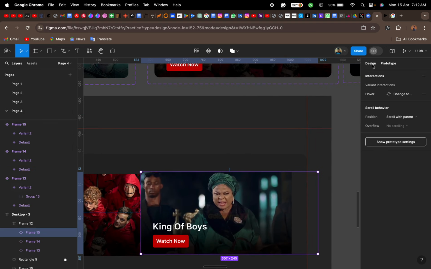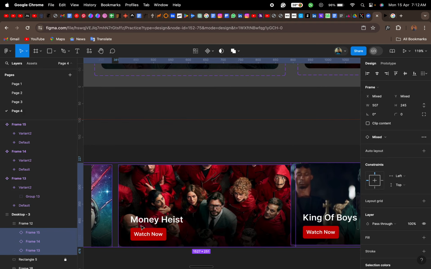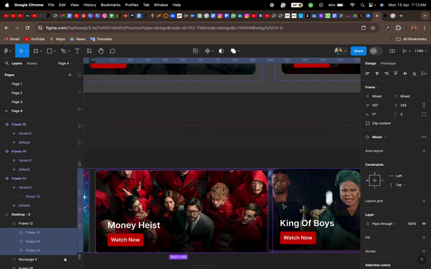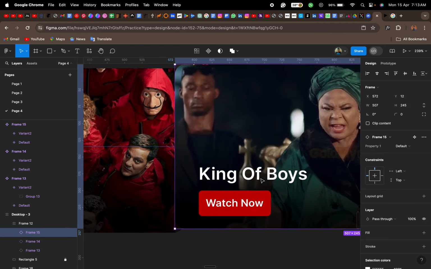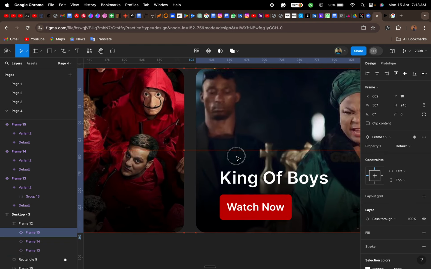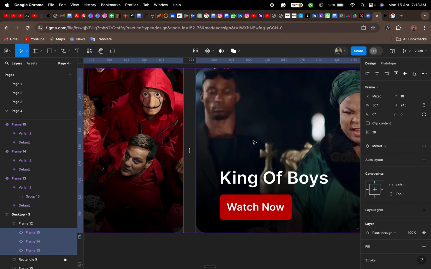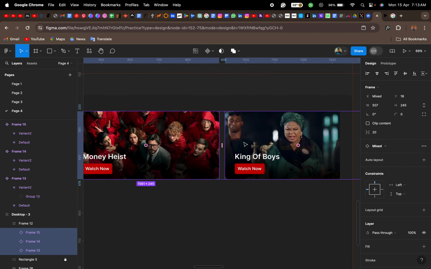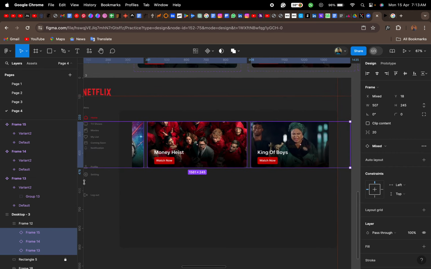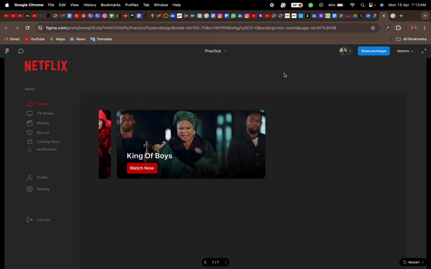So that's perfect. Now all you need to do is select the three pictures. Now remember, they are not well aligned, right? You notice King of Boys is overlapping on Money Heist, so you just select all of them and make sure they are properly aligned. So you come to tidy up, make sure the space in between, so let's make the space in between 20. So it's basically this way, right? Now when I go to my prototype,